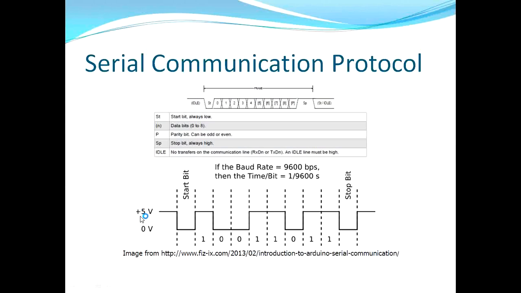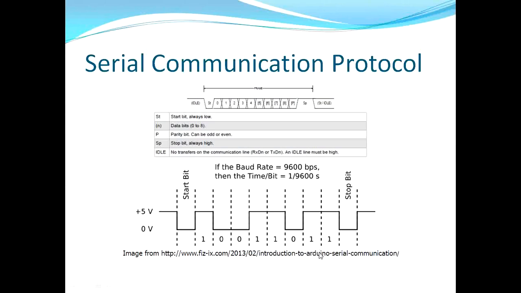In the digital format, there are two types of logic level, logic 0 and logic 1. When it is logic 0, 0 volts is transmitted, and for logic 1, 5 volts is transmitted. To start the communication there is always a start bit, then the number of data bits, and at the last there is a stop bit. We transmit the LSB first and the MSB at the end. Here 1001 1011 is the data bits.